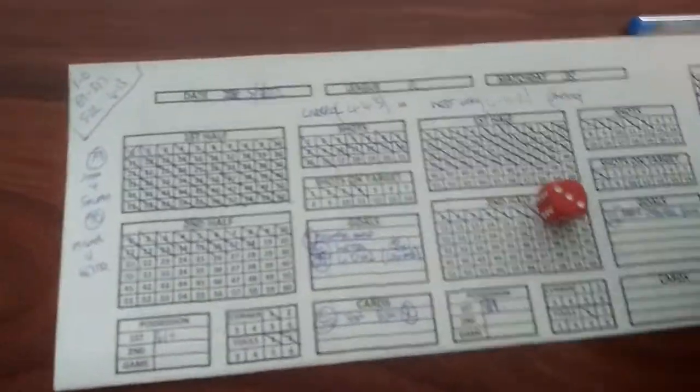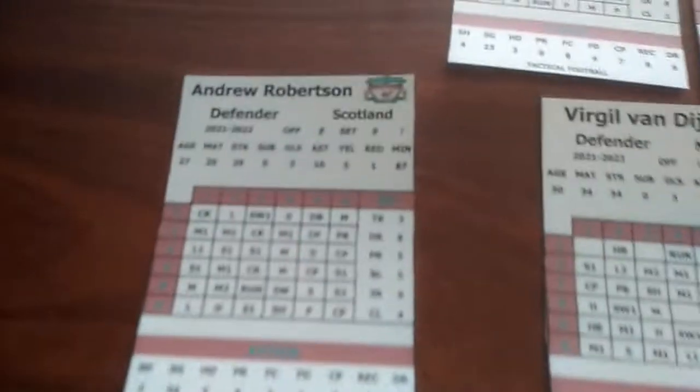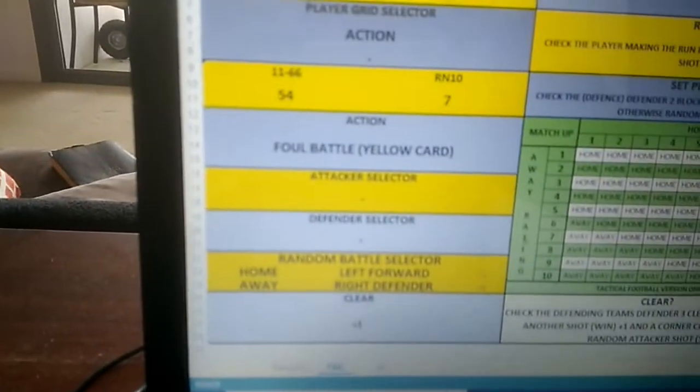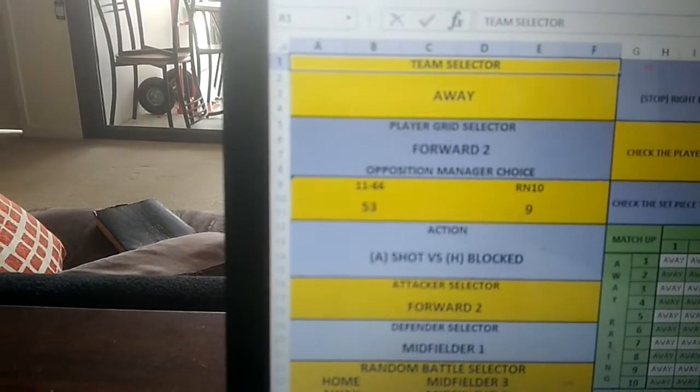So we might just quickly roll the dice, 1 to 3 is Robertson, 4 to 5 is Arnold. So Robertson takes it. We're looking at his set piece rating, which is a 9, so we just roll against a 10-sided die. And it's a 3, so he's able to get a shot off. And it's a 34. 11 to 34 would be on target. It's 53, so Robertson gets a shot off, but it goes over the wall and over the goal,